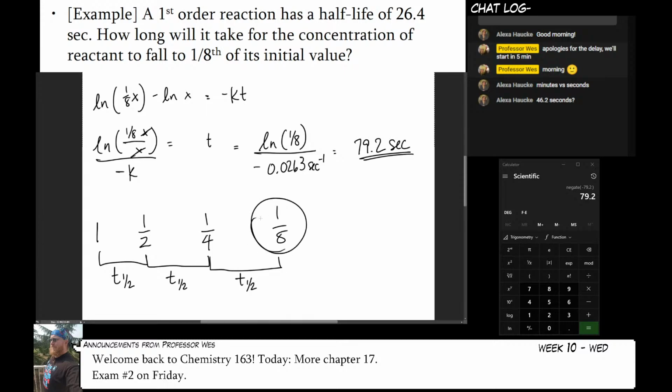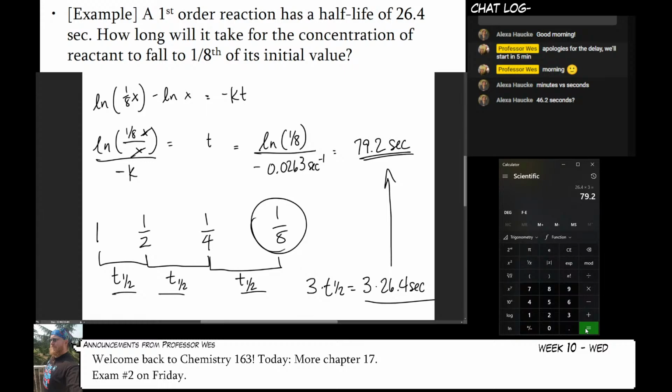Oh, look, I get the amount that I want in 3 half-lives. And guess what 3 times 26.4 equals? I bet it's that. Totally is. There you go. So that's the easier way to do this,